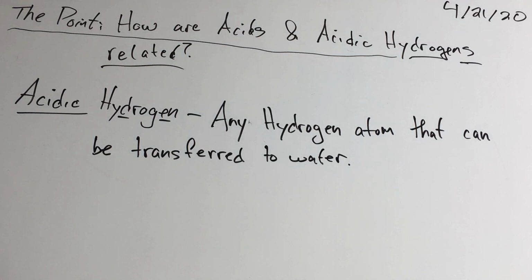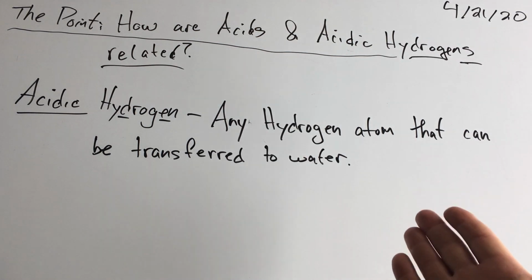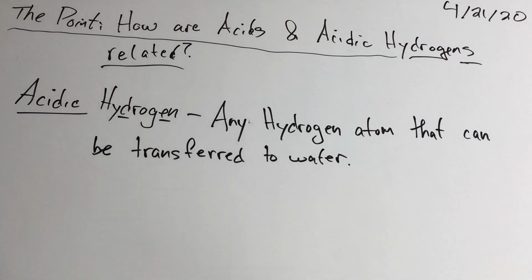That's it. So now's a great time for you to hit pause and copy all this down. I expect these to be actually in your notes, even though I'm not there to check them. I expect them to be in your notes and I expect them to be accurate, so just do that. Pause. Unpause. Welcome back. So these are specific hydrogens that are out in the universe. And they get a super fun name. And the reason why is because they actually decide whether something is an acid or not.